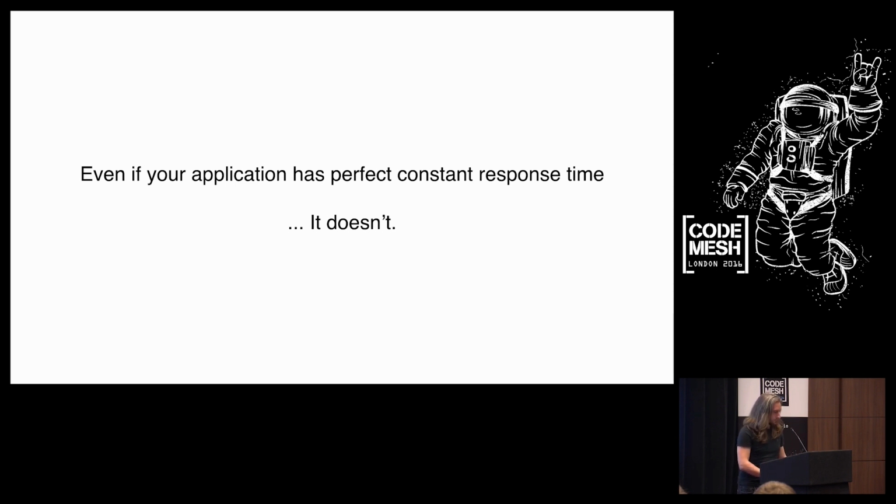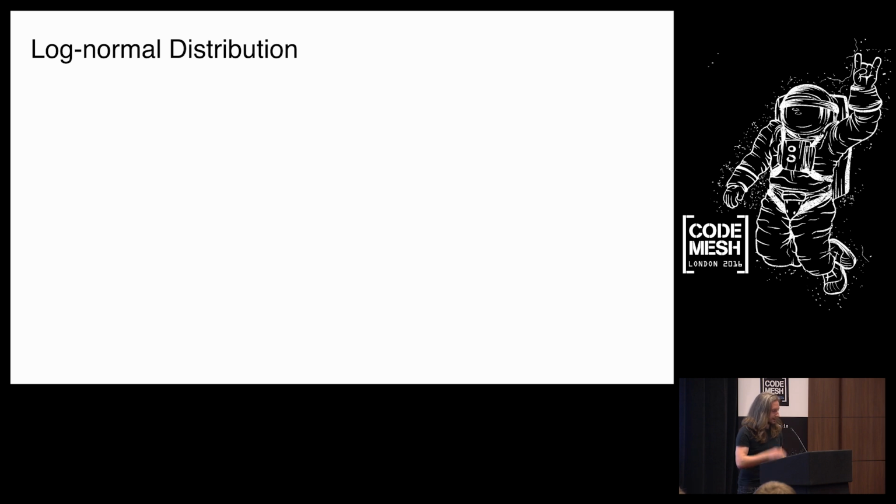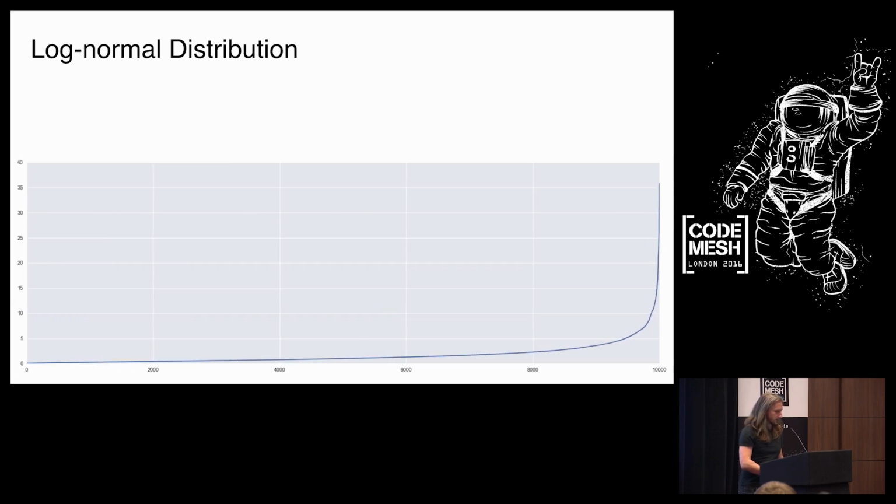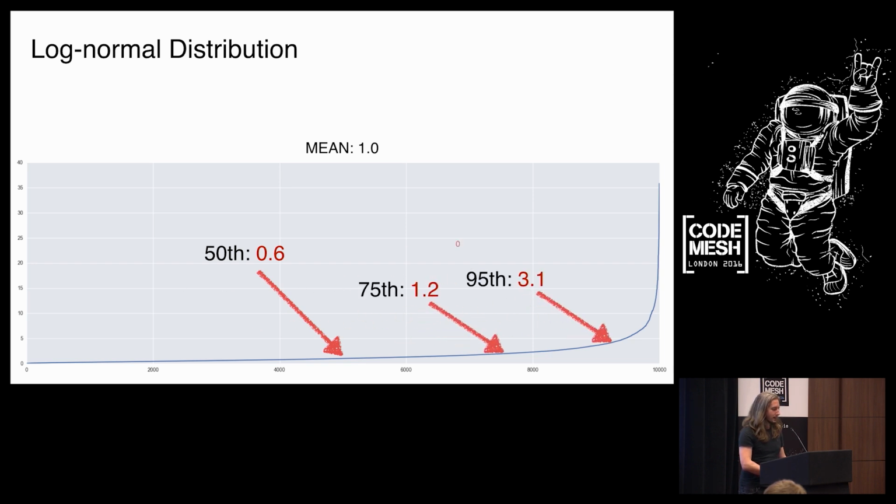So what is typically used in describing an application's request latency distribution is the log normal distribution. I had read this before, but I wanted to test it. This is typically what that ends up looking like when I pulled it out of various services that our CDN runs. This has a mean of 1, 50th percentile of 0.6, 75th of 1.2, 95th of 3.1, and it gets,